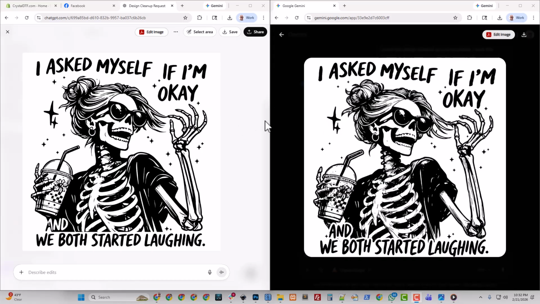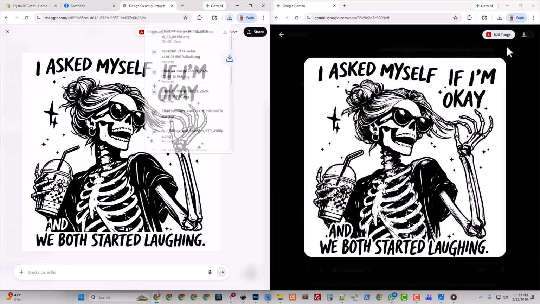The stars are bigger and change shape more often. This is a better image on the left. The text is better over here. Well, the answer is we just got to use them both.